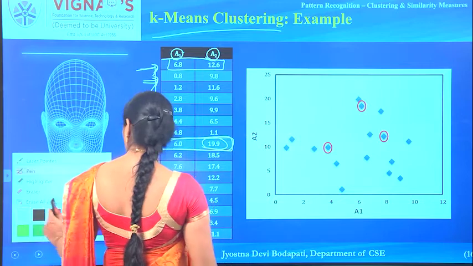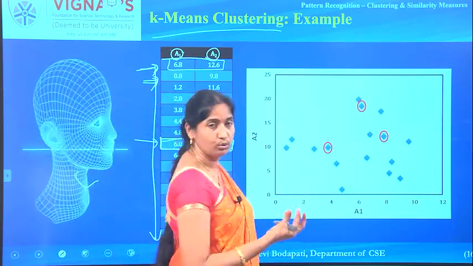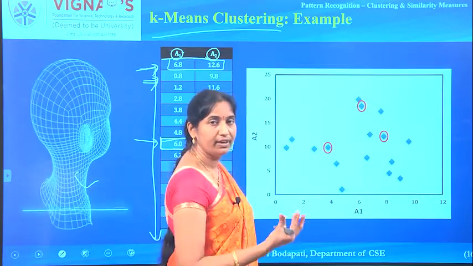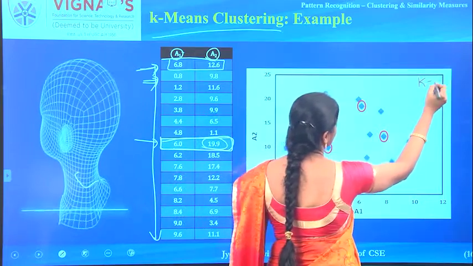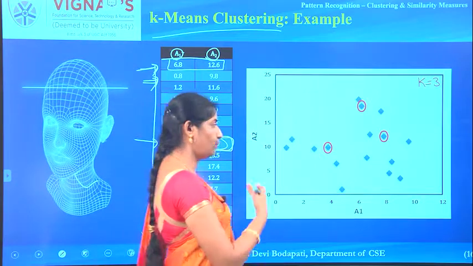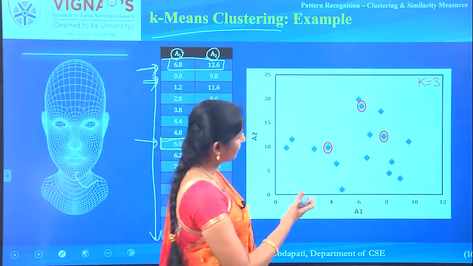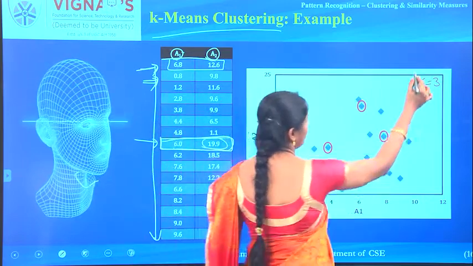And here, what is the process when you apply k-means clustering? Initially you need to choose k different objects from the given data. I am assuming that my k value is 3. There is a possibility that there are 3 different clusters. On seeing the data, I understand that, and I assign the k value as 3.